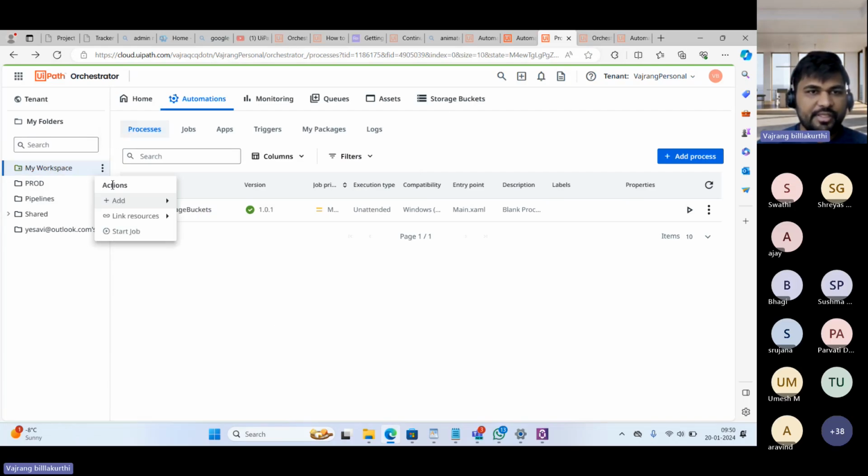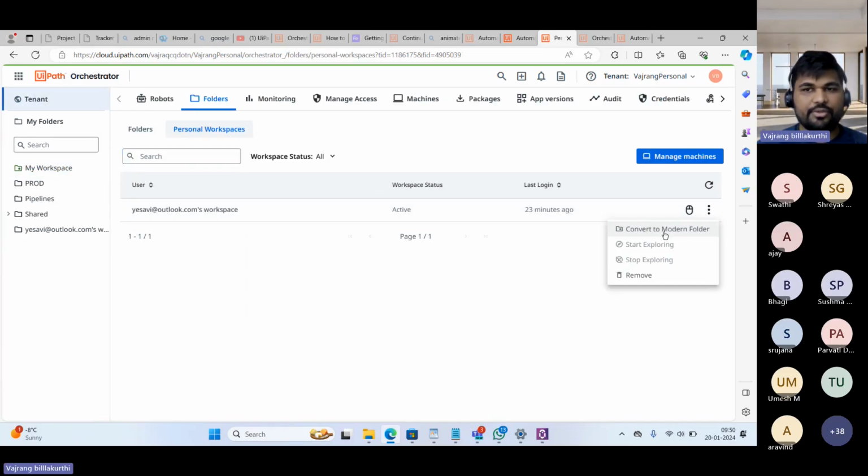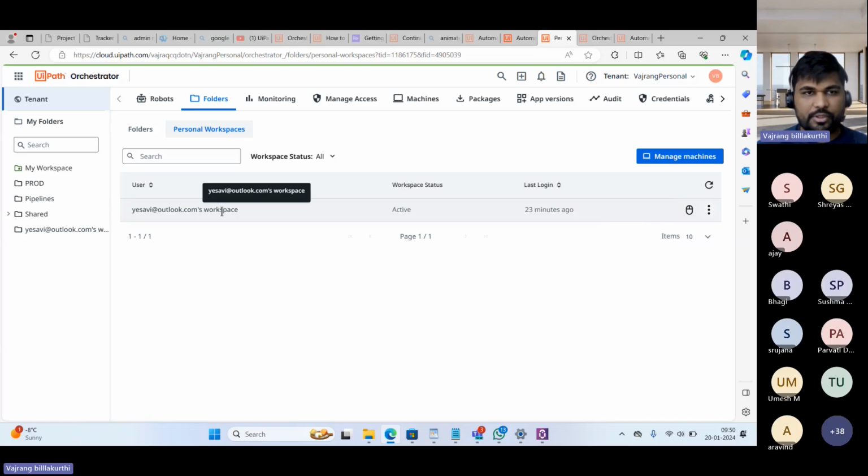Now, can you create subfolders in a process in a My Workspace folder? No, you cannot. There is only one folder. Now, this My Workspace folder, this is a classic folder, a personal workspace folder. Now, this is one of the important interview questions, as well as one of the questions in the UiPath advanced certification. In the newer version of the advanced certification, this is asked, and I have taken the certification